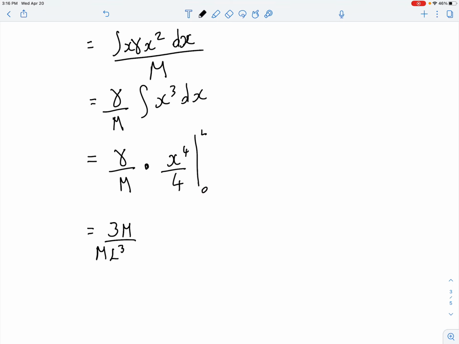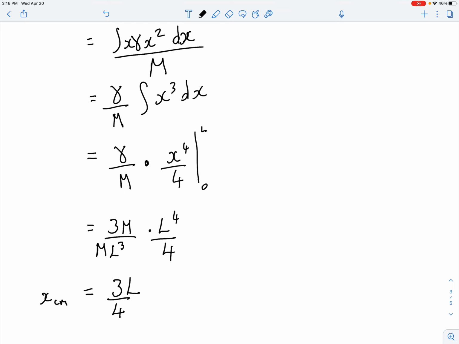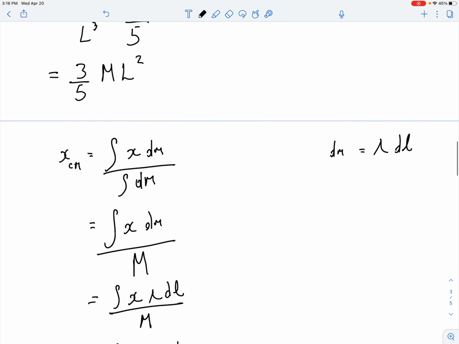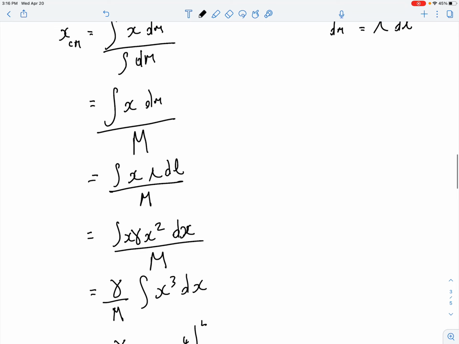So therefore you now have L to the 4th over 4. That would give me 3L over 4. So it's 3/4 the length of it. That would be my x center of mass. Nice and easy. I had a brain fart, bro. It was a stinky one too. Dear Lord. Once again, just slow down the video so you could see what I did there.